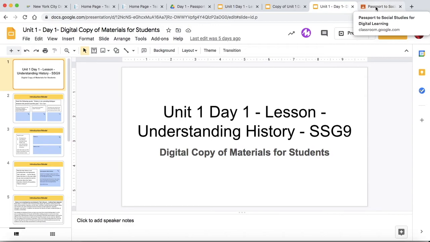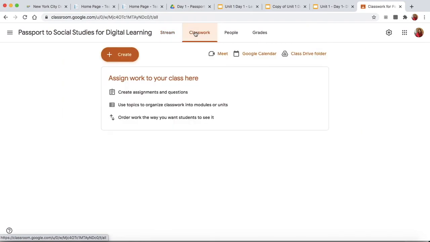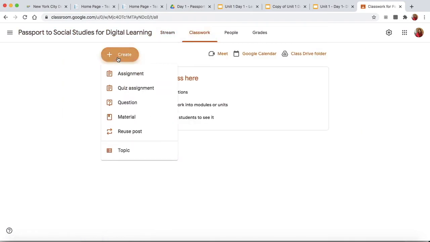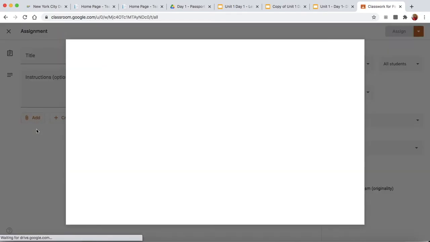So I'll take you to a Google Classroom site that I have made for the purpose of this video in order to walk through how to do that. So from your Google Classroom site, go to Classwork, click on Create, and select Assignment. Title your assignment as appropriate for the student work, and I'm going to go right down here to Add. From the Google Drive,